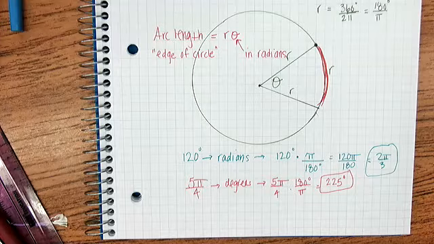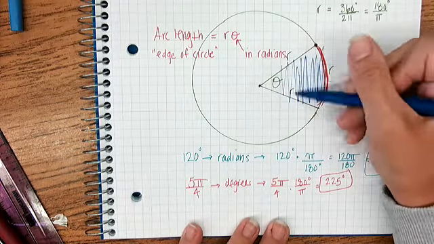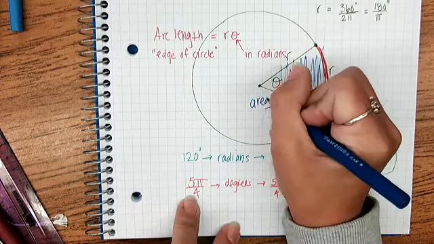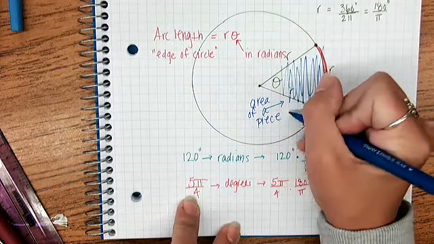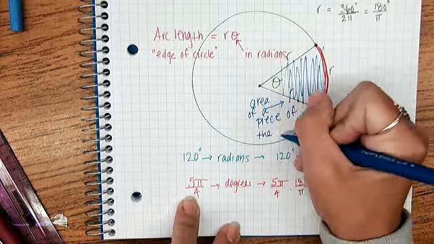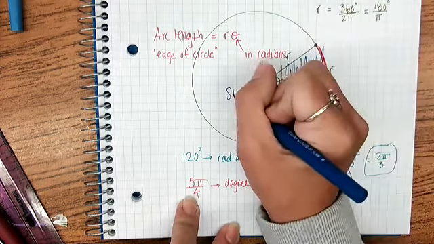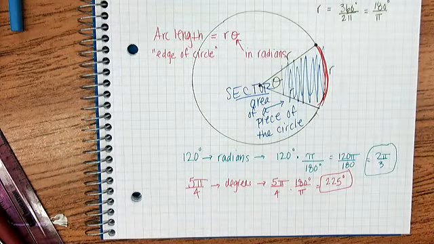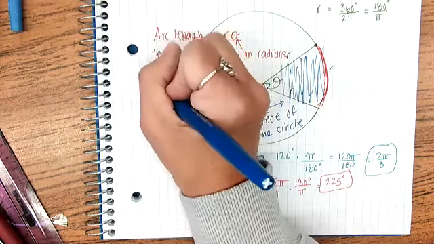Then we have the sector of a circle. The sector is an actual piece. A sector is the actual piece, the area of a piece of the circle. And that is a sector. I'll move my hand in a second. Sector is the area of the piece of a circle. And that is found